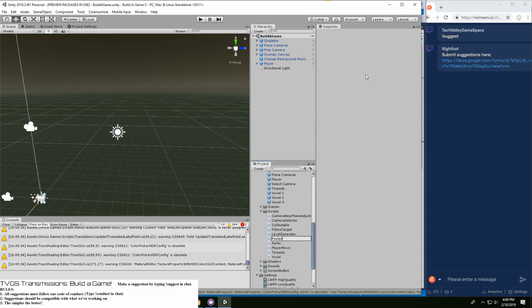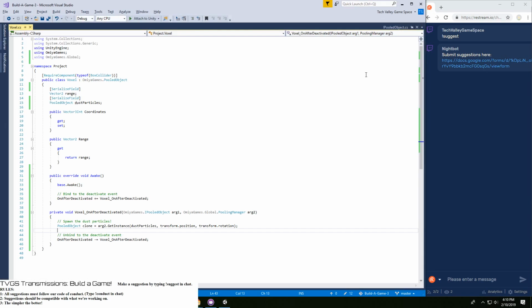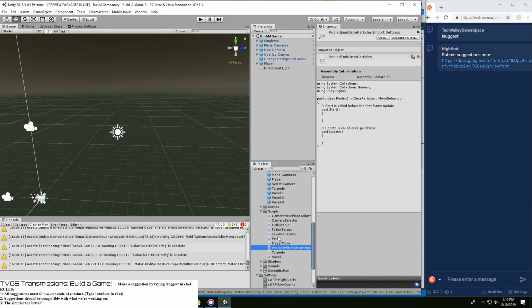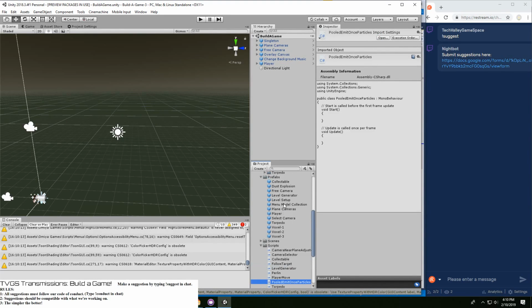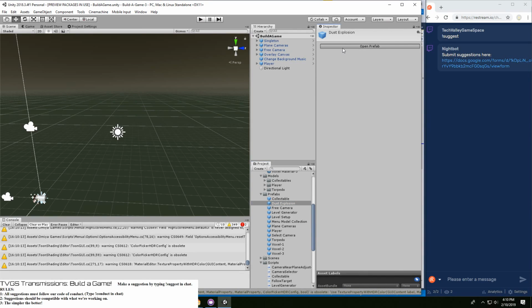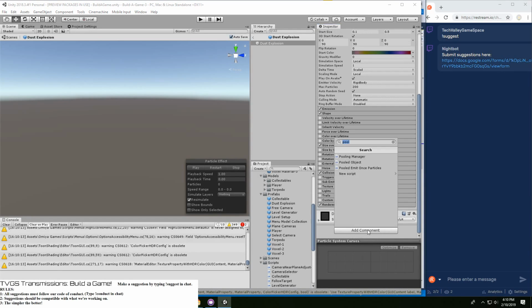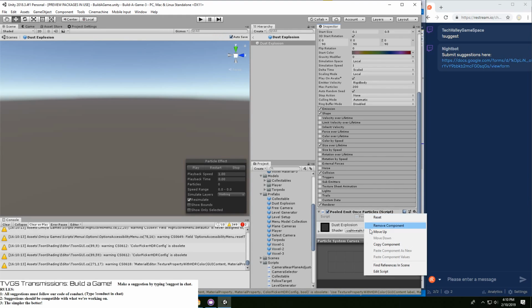Pooled, what do you call it? Pooled emit once particles. And we need to bring our dust explosion and drop this. Move up.